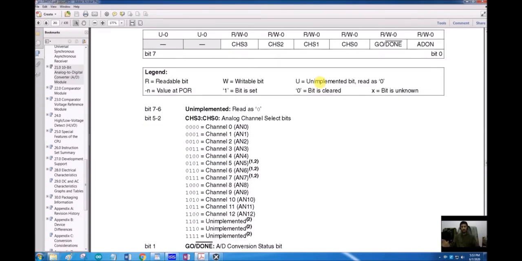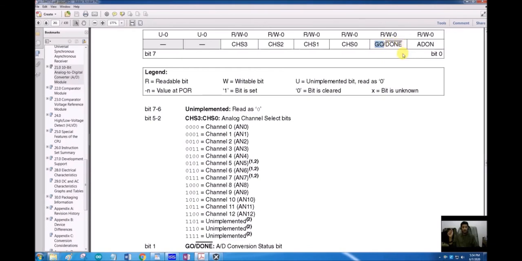Now let's assume all of these 13 channels from 0 to 12 were activated and they were configured as analog inputs, not the digital inputs. And then out of those 13 activated channels, which channel do I want to read is selected by using these 4 bits, CHS0 to CHS3, channel select 0 to channel select 3. Which channel I am going to read now? The first 2 bits are unimplemented, so we have already covered the 6 bits of this control register. Then the next bit is